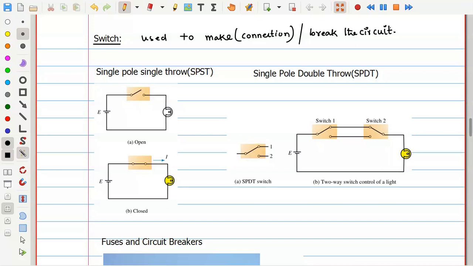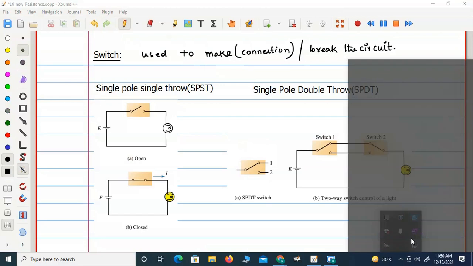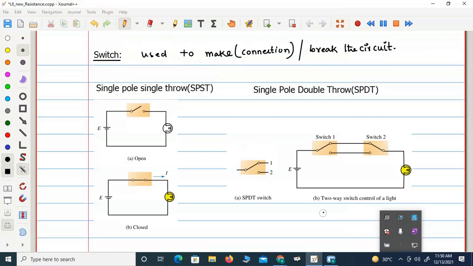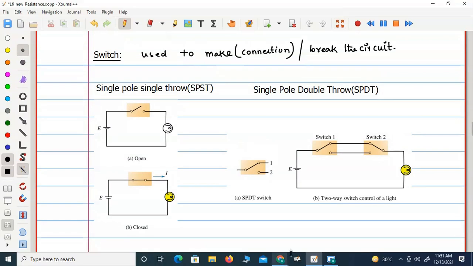Sir, your voice is breaking. Is it okay? Yeah, my net connectivity is proper. Check your internet. I think it's okay from my side. Right. Am I clear for everyone? Is my voice clear? Yes, sir. No, sir, not clear for me. Sir, the screen is also breaking. Screen is not visible?